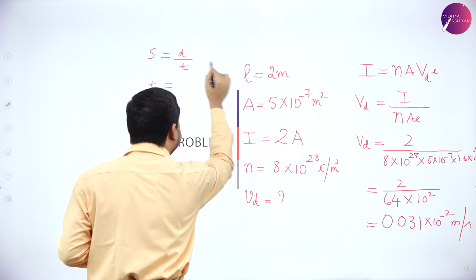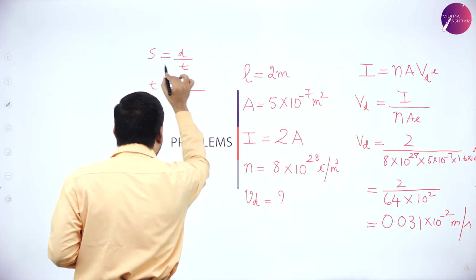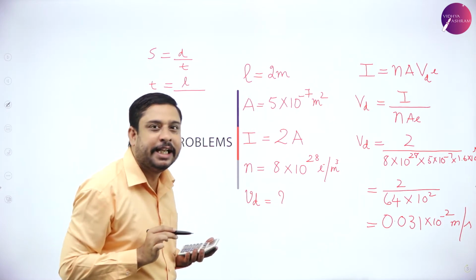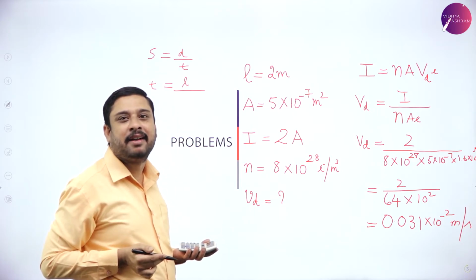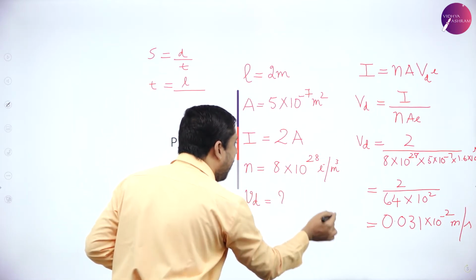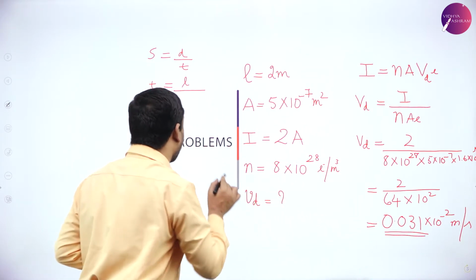So distance is L divided by speed. What is the speed of the electrons here? Good. Nothing but what we have calculated as drift velocity,